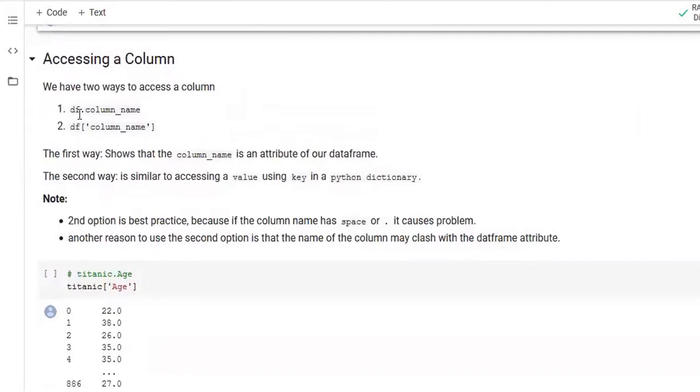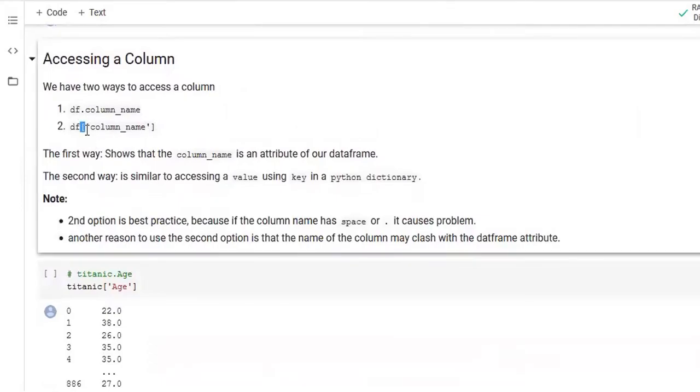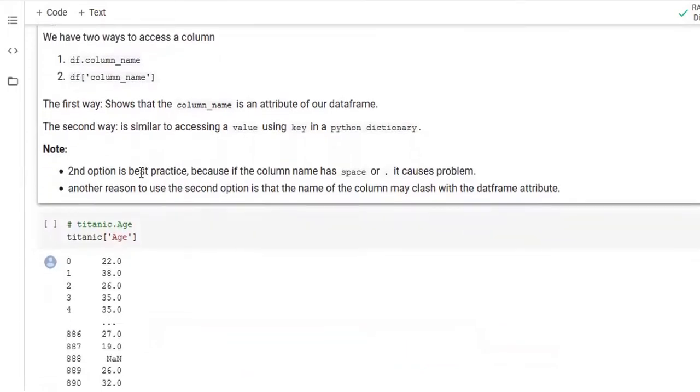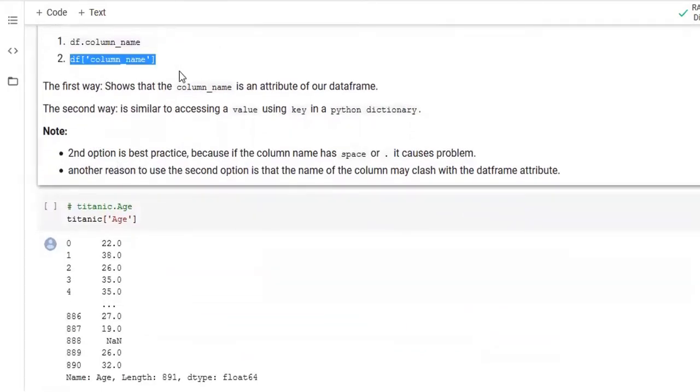Accessing a column: df dot column, inside the square brackets, and we have to write the column name as a string. In my opinion this is the best practice, because if there are any spaces or dots, it's going to take care of it. The second option is better because if you use dot notation, the column name might be something that causes trouble with the data frame.